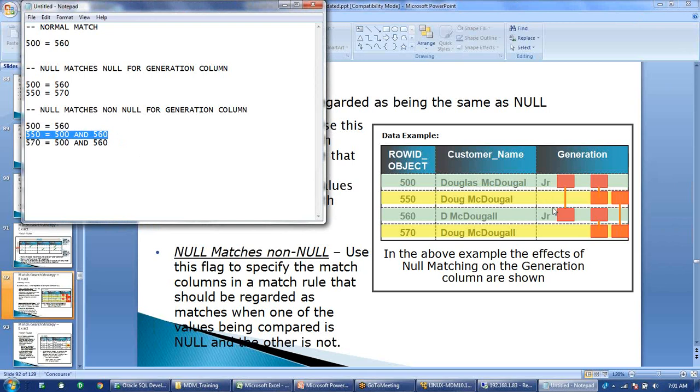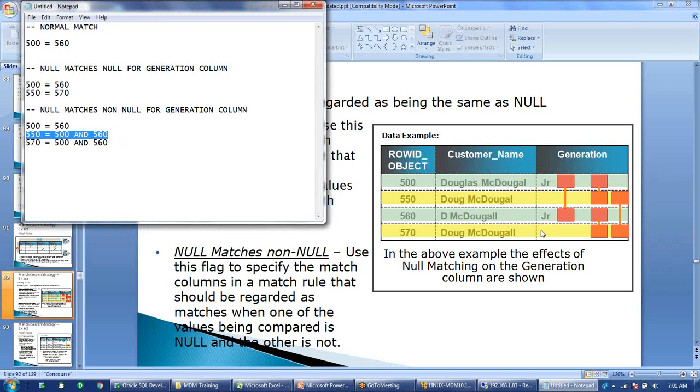So 550 and 570 are not matching because both are having nulls for generation. Yeah, correct. Two nulls are always different, so that is why it is not matching.